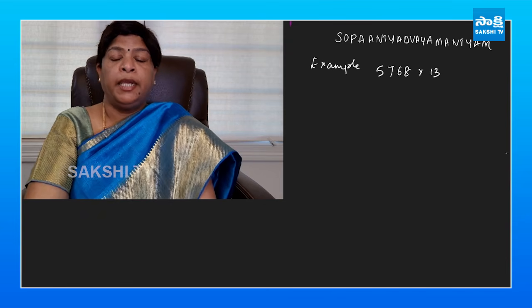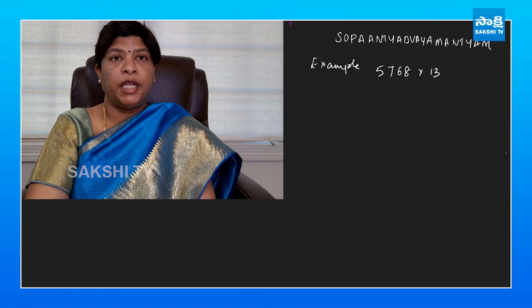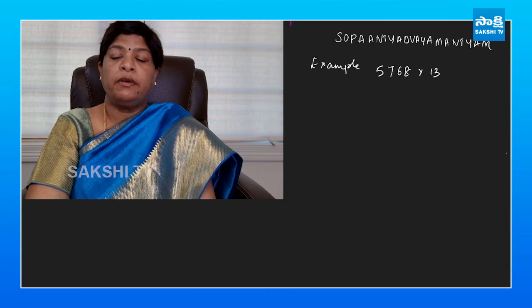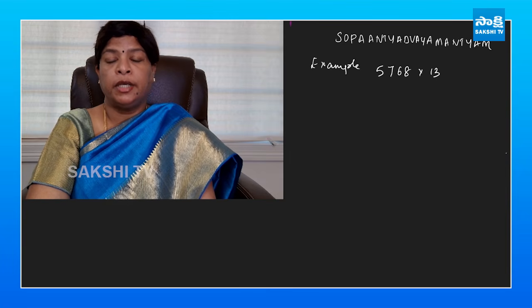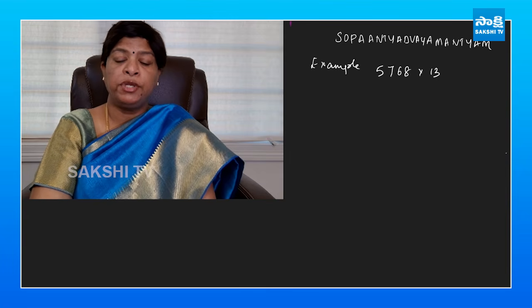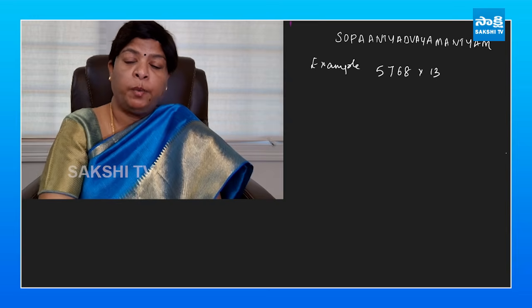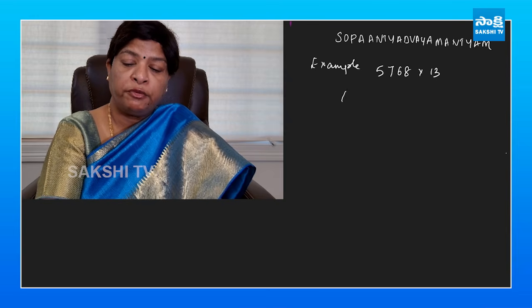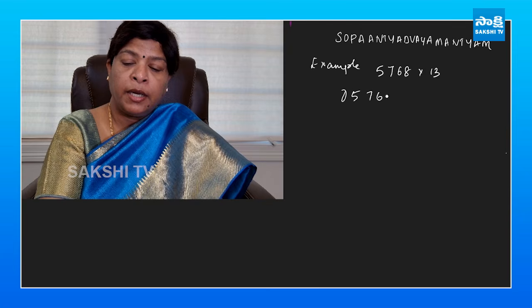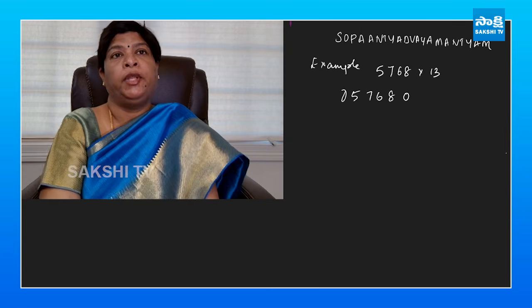Now let's multiply 5,768 with 13. Here our multiplicand is 5,768 while the multiplier is 13. So we apply the same process. We start by adding a 0 in front of 5 and at the end of 8, and we apply the